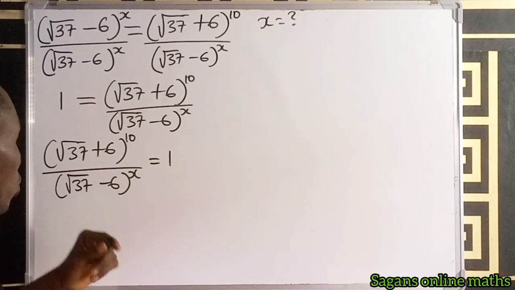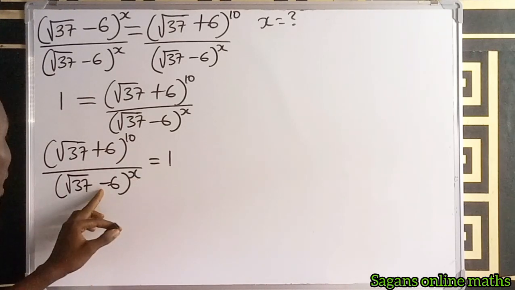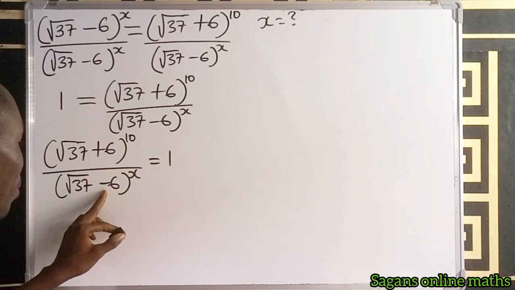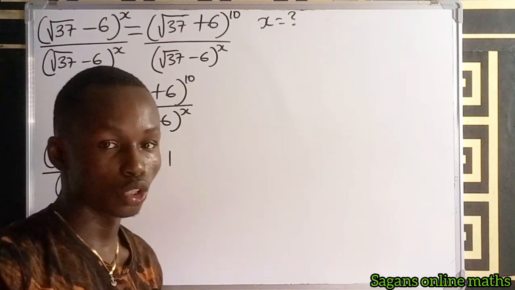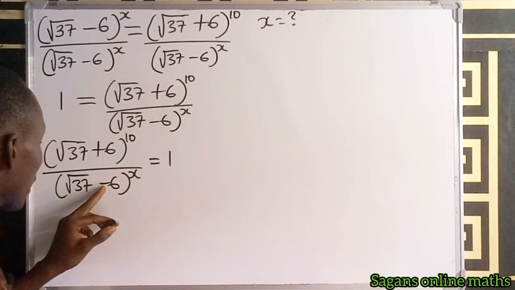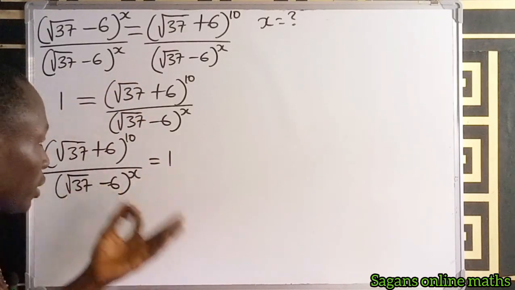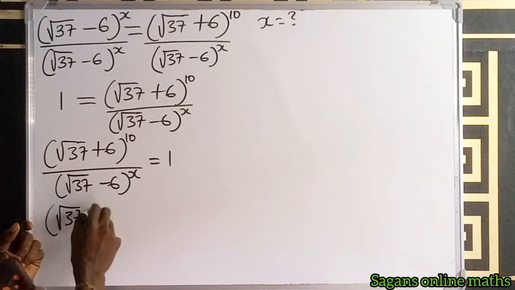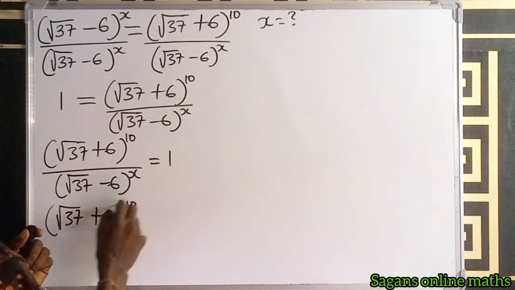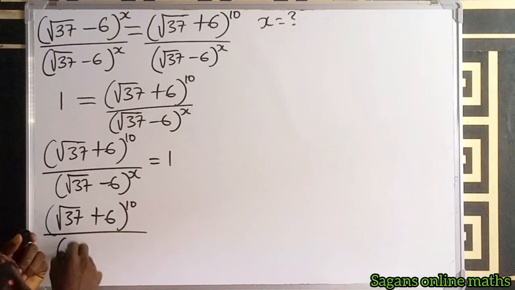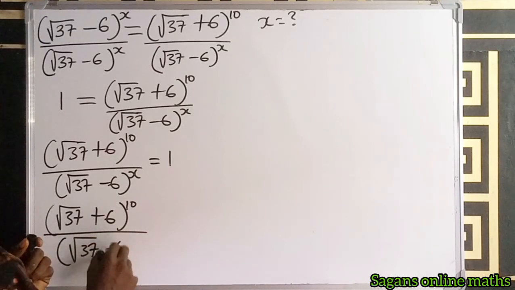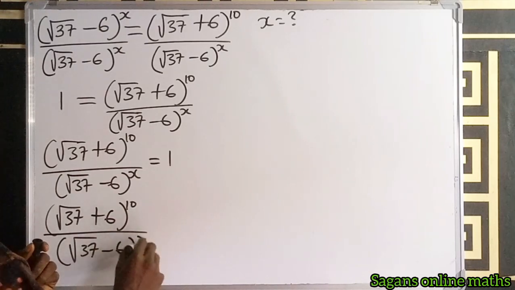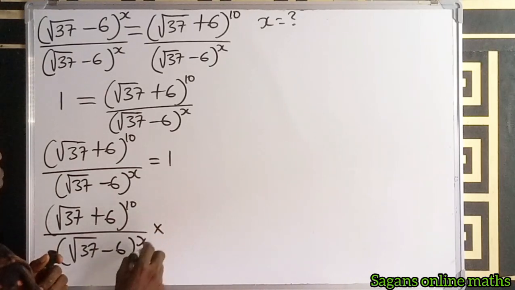Now if you are talking about conjugate, let's multiply both the numerator and the denominator by the conjugate of the denominator. If you're talking about surd, we must know what the conjugate of a surd is. So if here is negative, the conjugate of this surd will be positive. So it means that this now becomes (√37 + 6)^10 divided by (√37 − 6)^x, multiplied by the conjugate, which is